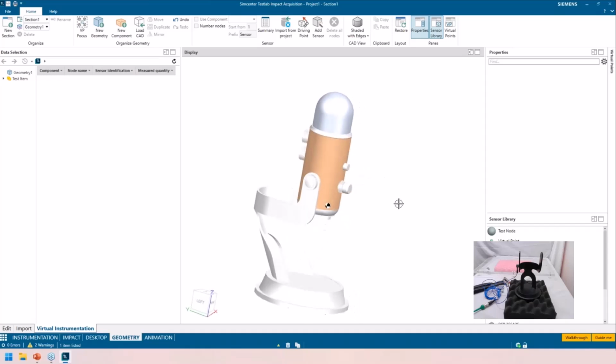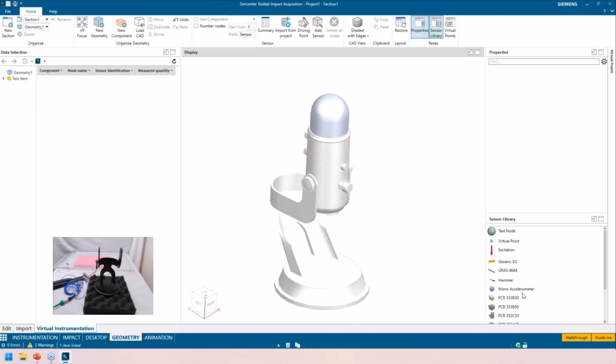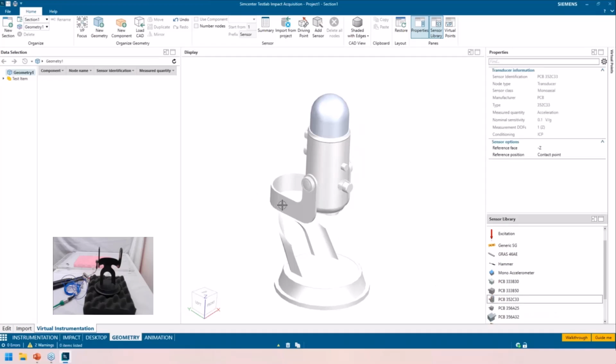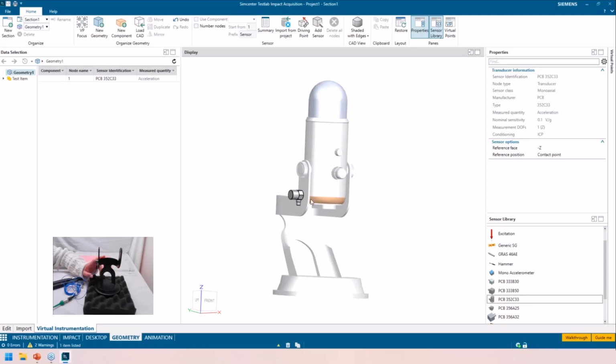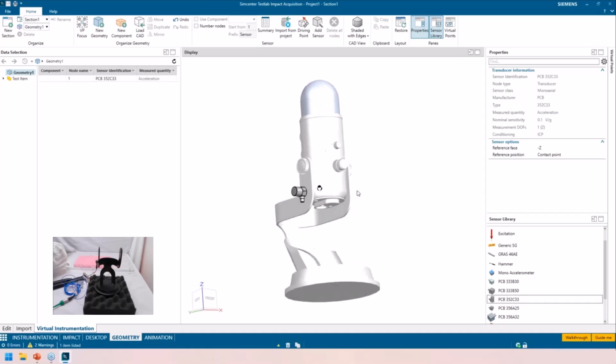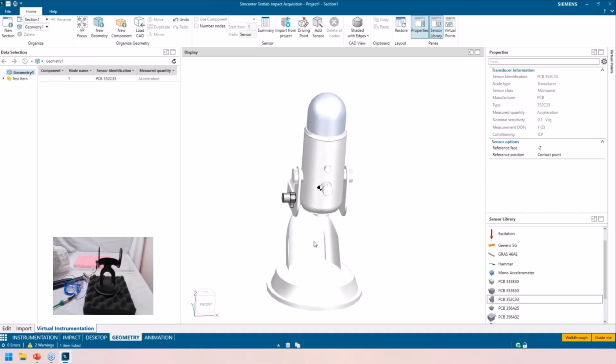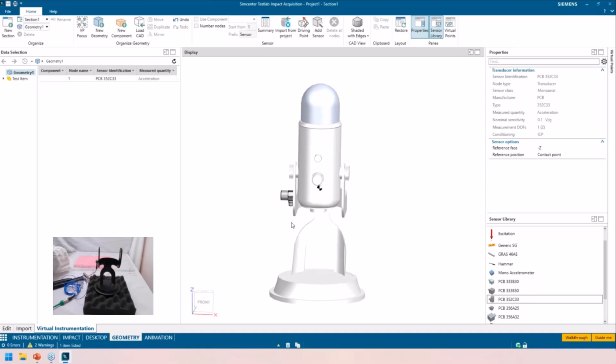So I have this model here. And what I'm going to do is find the accelerometer that I have set up, which is a single axis accelerometer, and put it here where it's set up on my stand. And this is cool because it'll automatically put this normal to the plane that you click. So you don't have to worry about making sure that it's really close and lined up, having 2 faces meet as if you were doing it in a proper CAD software. And this is also going to be much easier to define what we call a campaign later.